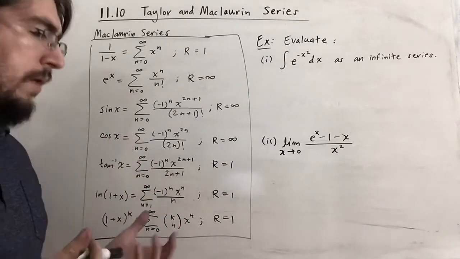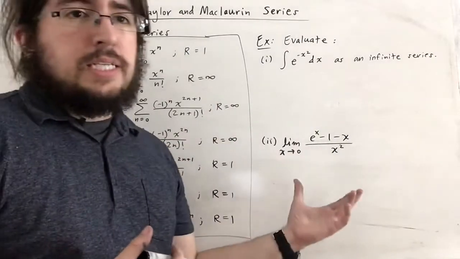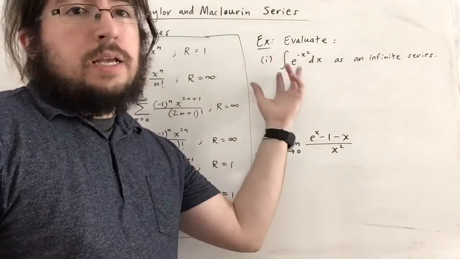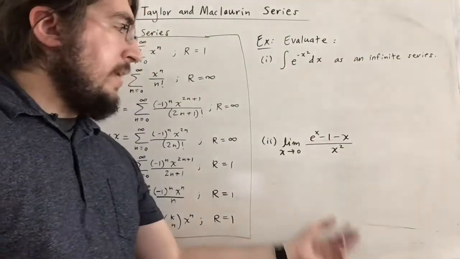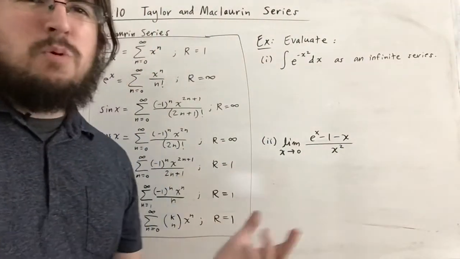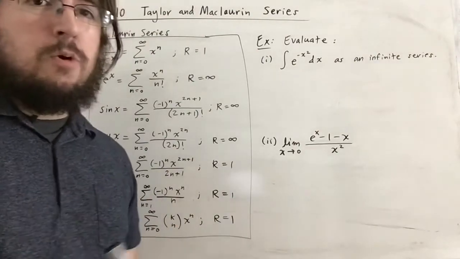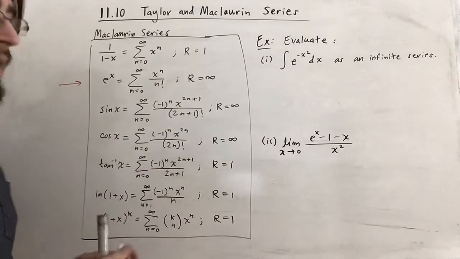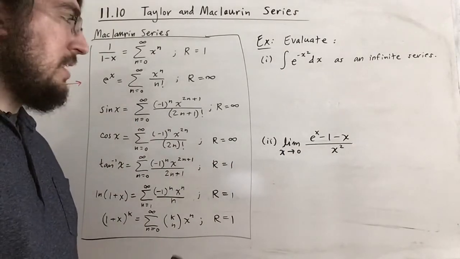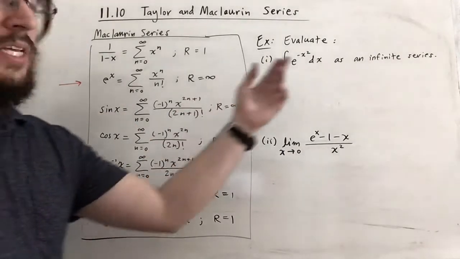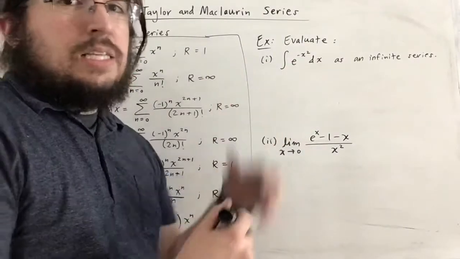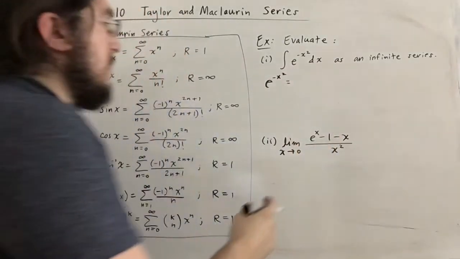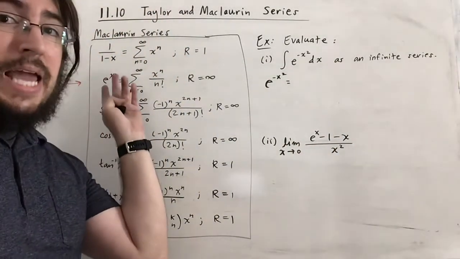Yeah, so now what I'm going to do is I'm going to take a look at this nice example here. It's two parts. So first I'm going to evaluate this integral as an infinite series, and then I'm going to find this limit. And we're basically using infinite series here. We're using Maclaurin series. And in fact, since they're all involving e to the x, I'm going to basically be spamming this Maclaurin series expansion of e to the x. Now this one's going to be a little different because it's e to the negative x squared. So notice e to the negative x squared using Maclaurin series expansion is just replacing the x in the expansion